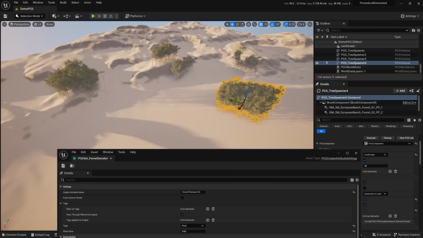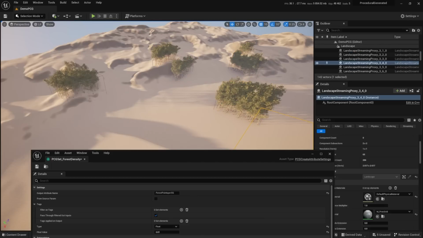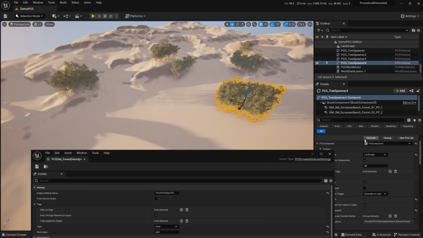I guess I just needed to generate them. But yeah, it affects everything. Again, if I just divide, it's only affecting this one, maybe because, I don't know. I don't know why it's not affecting the other ones, but if I generate them,